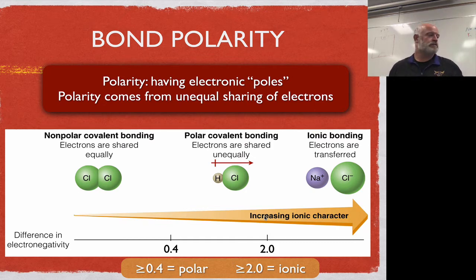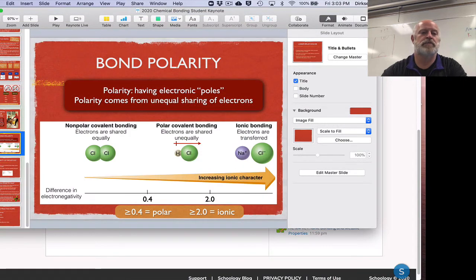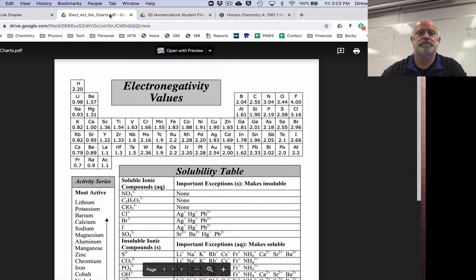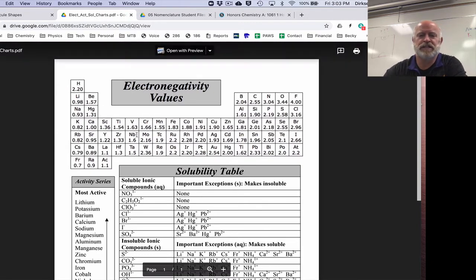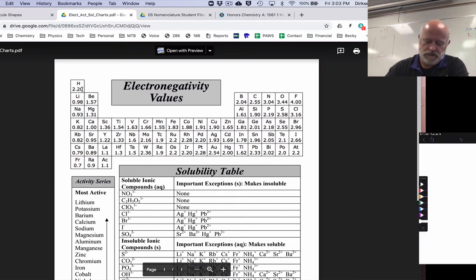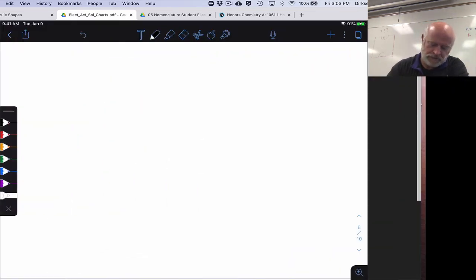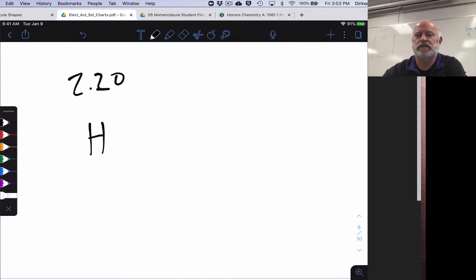So what we can do is take a look at our periodic table and look this stuff up. If you go to the back side of our periodic table, and I'm going to pull that up here for you guys, that periodic table I shared with you previously or that you got in class, there is an electronegativity table on the back of that, okay? So let's take a look at hydrogen, which is right here. And hydrogen has an electronegativity of 2.20, okay? And let's take a look at chlorine, which has an electronegativity of